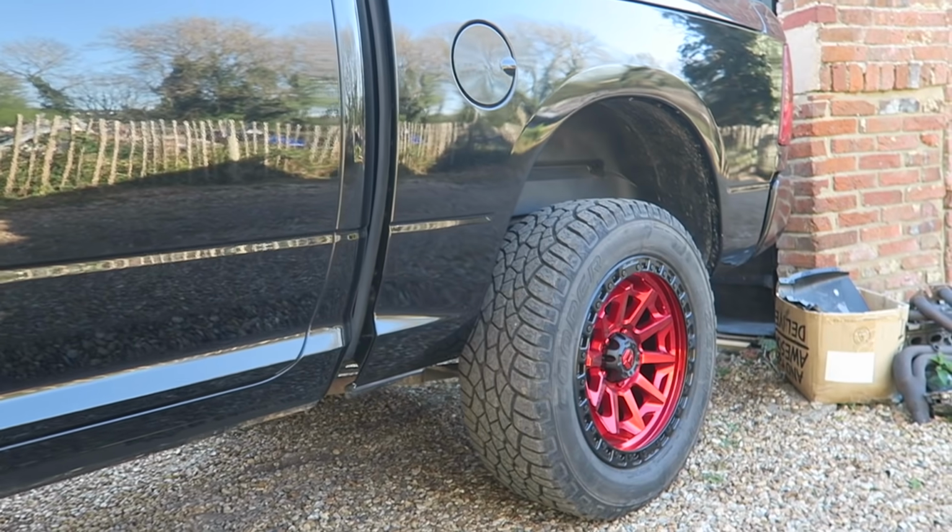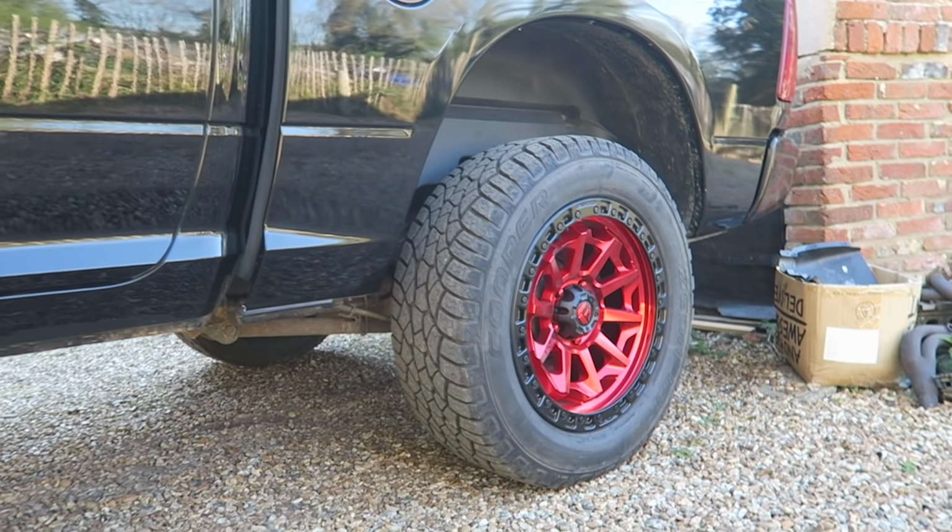Yes, I try not to buy cars for content, I buy them for myself, but I was really shocked as to how many people didn't actually care about this Dodge Ram. I know it is a very niche market car for the UK, but I was really surprised that not a lot more people jumped on it. Now, that doesn't usually sway me to part ways with a car or a truck or whatever's going on, but